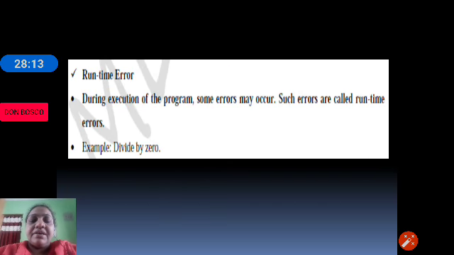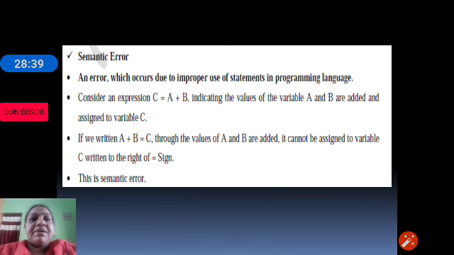Then there is the runtime error. A runtime error occurs during the execution of the program, when we run the program. When we are dividing two numbers, no number can be divided by 0. I didn't know that the person who gives me two numbers will give 0. Then it will go to infinity. So such errors are called runtime errors. Then we have semantic errors. A semantic error is when, in a language, there is a rule for how a statement has to be used. If we are not following those rules while writing a statement, we will get semantic errors.